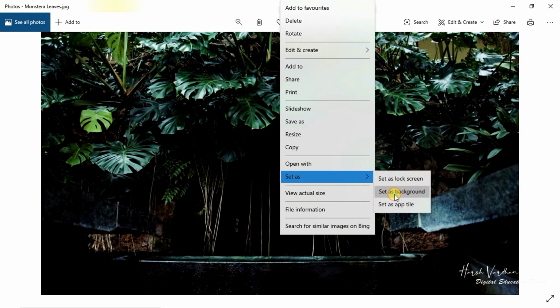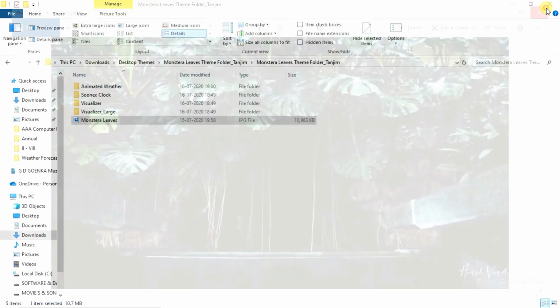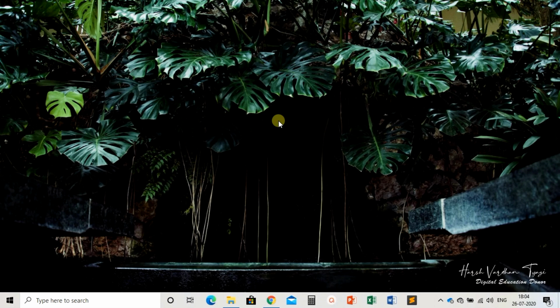You need to change the background of your desktop. Once you have done this, close this and minimize. Now the same image has been applied as our desktop background.